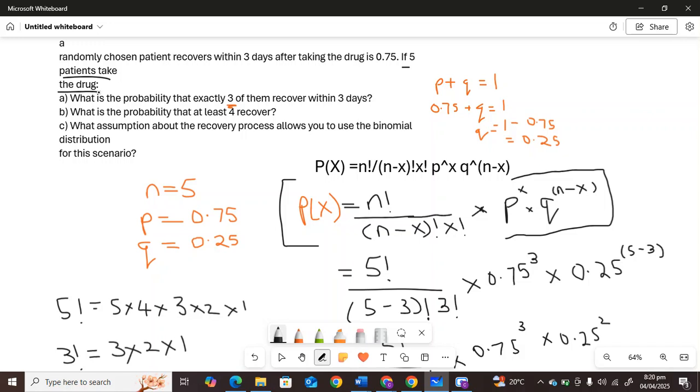The outcomes, as I said, there are two outcomes. The outcomes are either a success or a failure. Okay, so P represents the probability of the success. Okay, in this context,